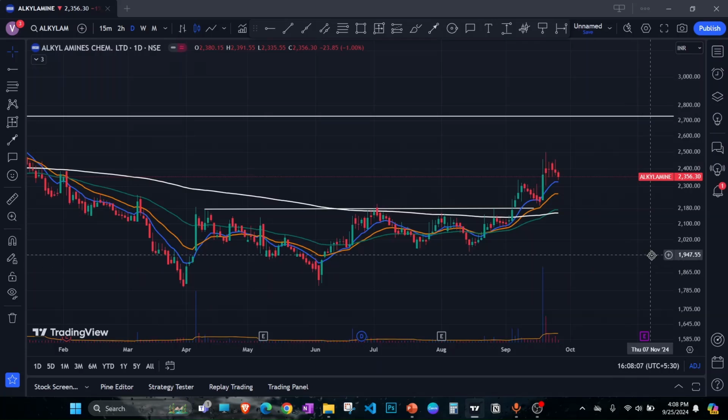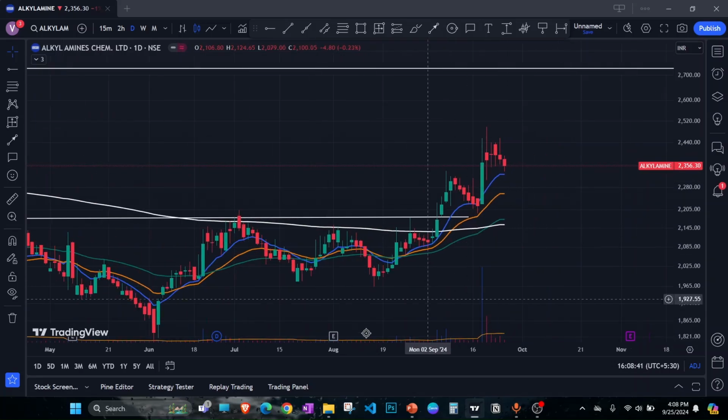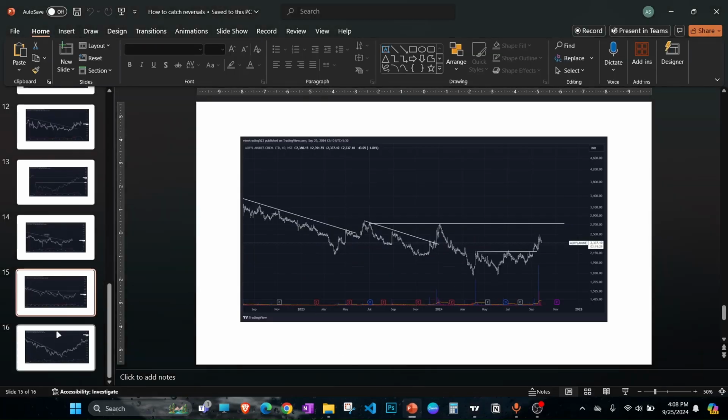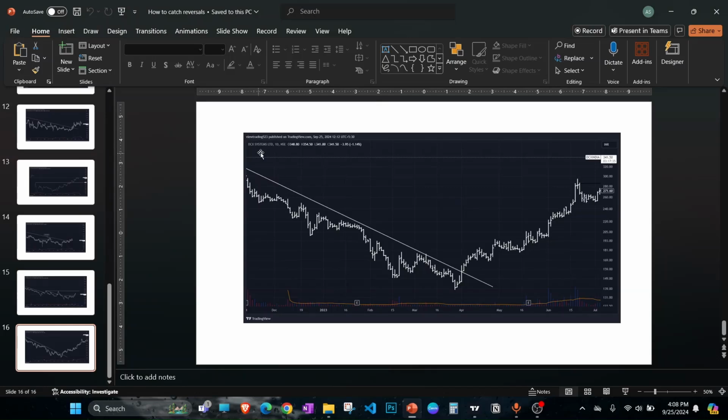Okay. So one question you might be thinking is how I get these stocks. Is there a screener, or is there anything? Unfortunately, there's not a screener for this. You just have to manually go through the charts. Start with the sectors. You simply look at the sectors which are not in favor of the market right now, or maybe look at the sectors which are in favor of the market, but in that particular sector, a stock is not moving. Although there could be a problem with that, you can start there and then you can wait. So again, keep a small part of the portfolio for these kinds of attempts,